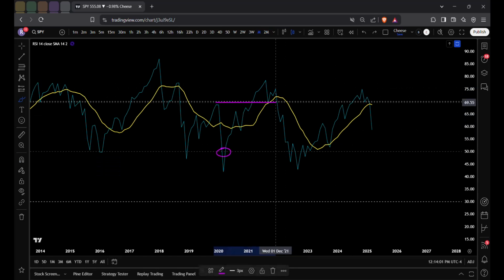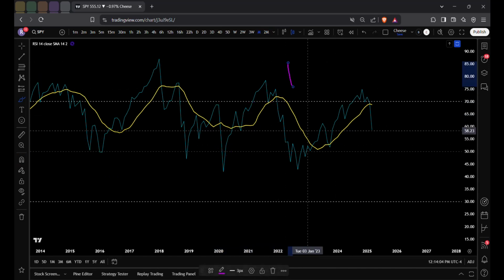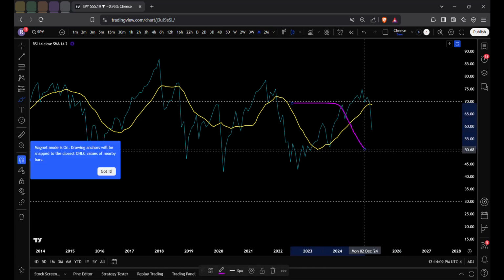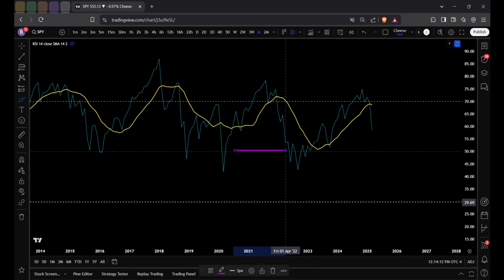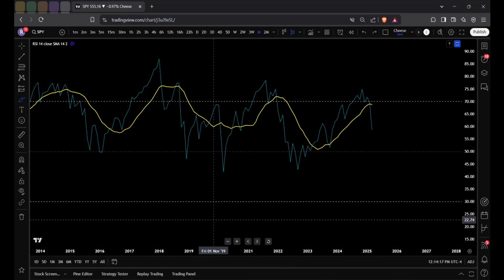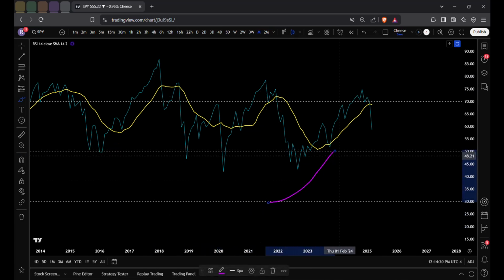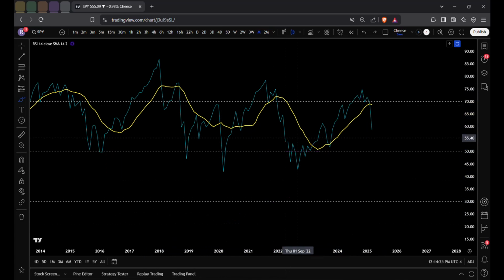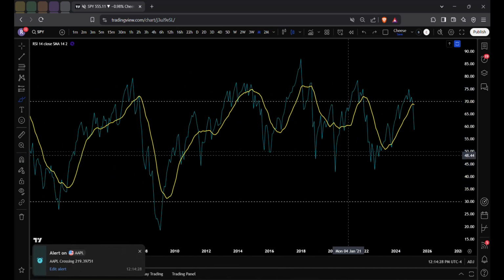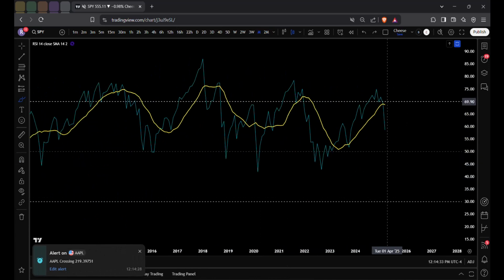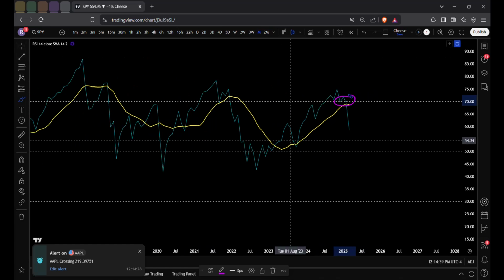When you break the line of going from one section to another section, you instantly have room to bleed. If we break one section and go into another section, we have room to bleed. If we're breaking up, we have room to grow in order to be oversold, overbought. And then you look to see where there are ranges, right? So, right here, the months of December, January, and February were crucial.